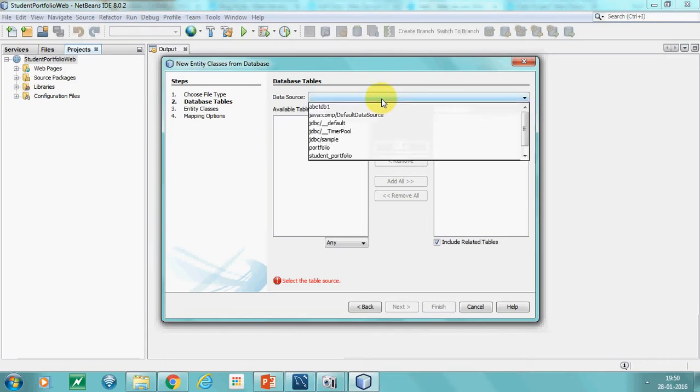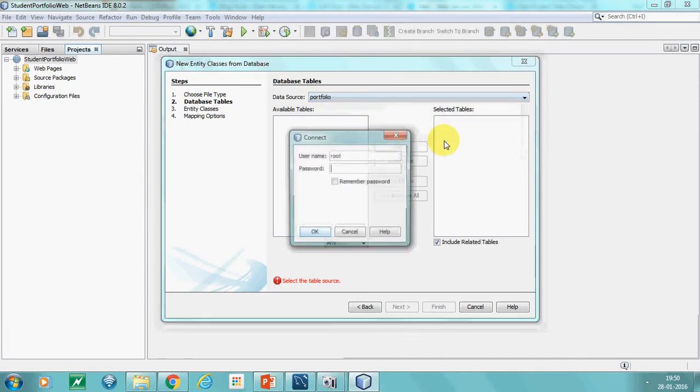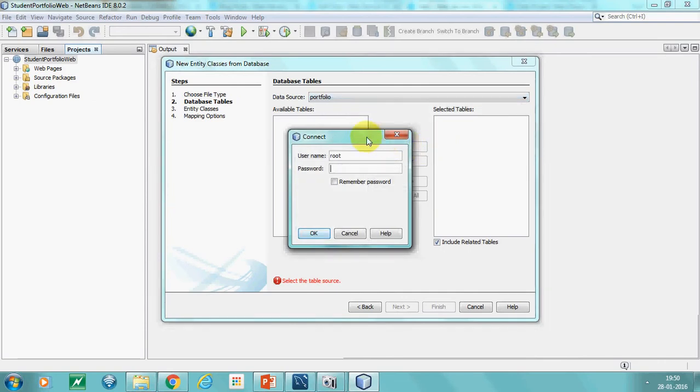It tells you to select the database source. The data source name is portfolio, right? That's our database schema name, and that's the database connection name which we gave here to NetBeans IDE.